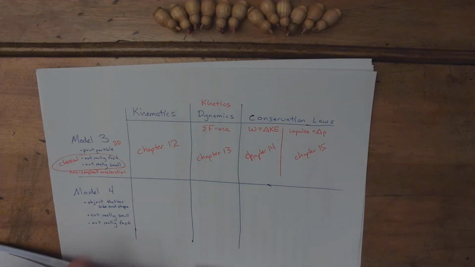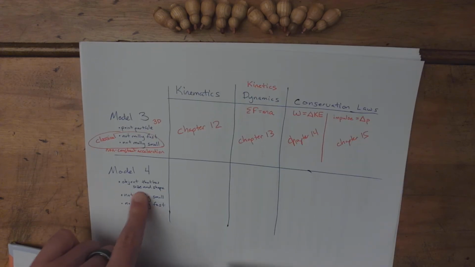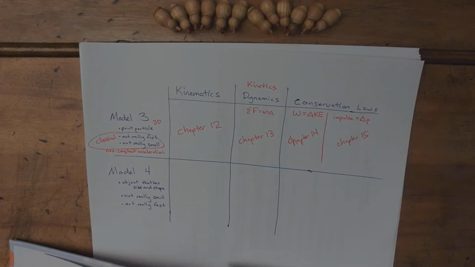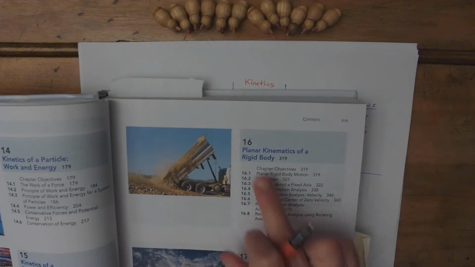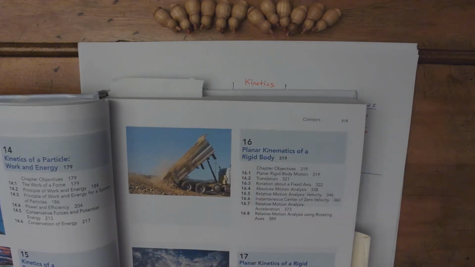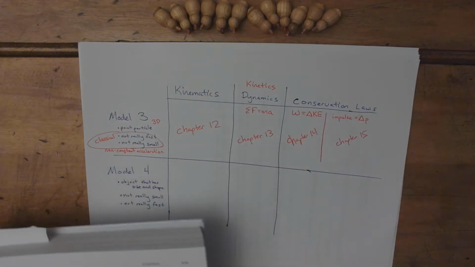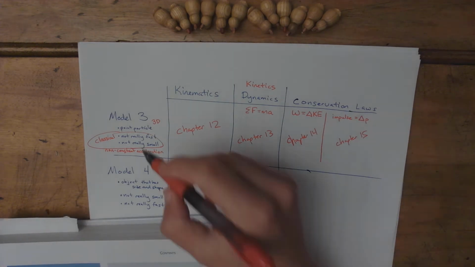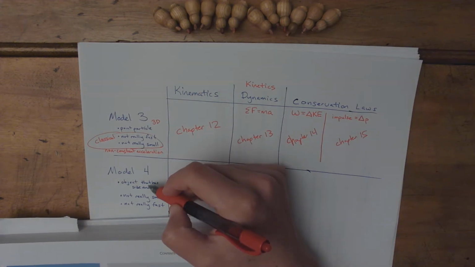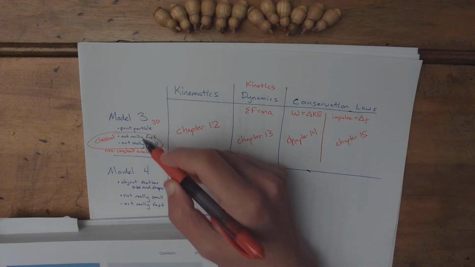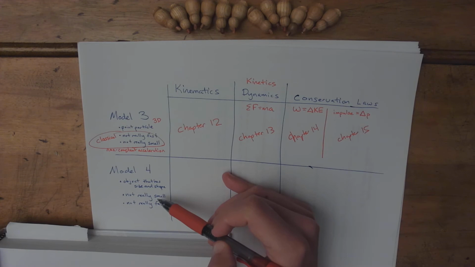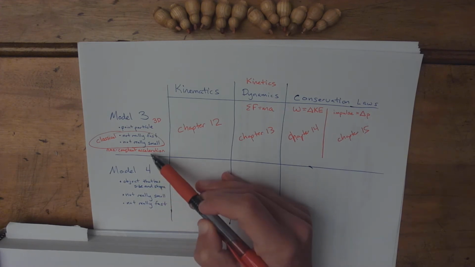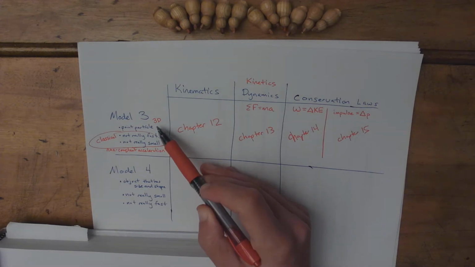4 topics again, but now with objects that have size and shape, which we're going to talk about as rigid bodies when we get to this part of the textbook. Okay, so instead of a point particle, now the object is a rigid body. It has size and it has shape, so we're not treating it as a point anymore. The objects still have to be not really, really small and not moving really, really fast. The acceleration can still be non-constant, and we're still going to look in 3 dimensions,